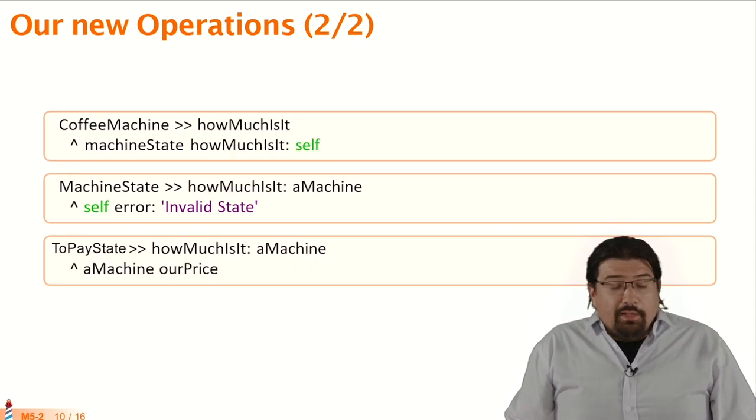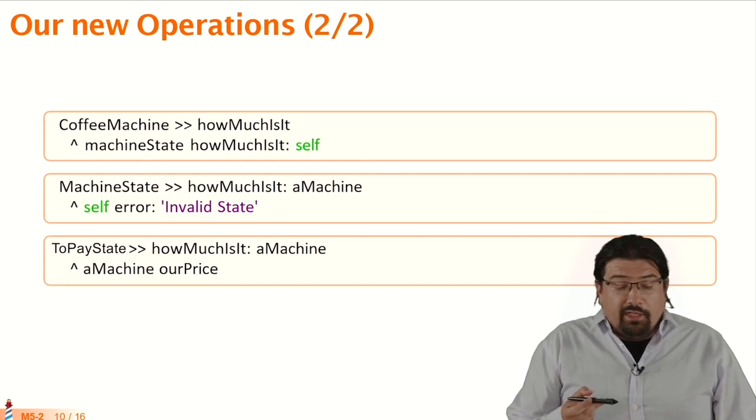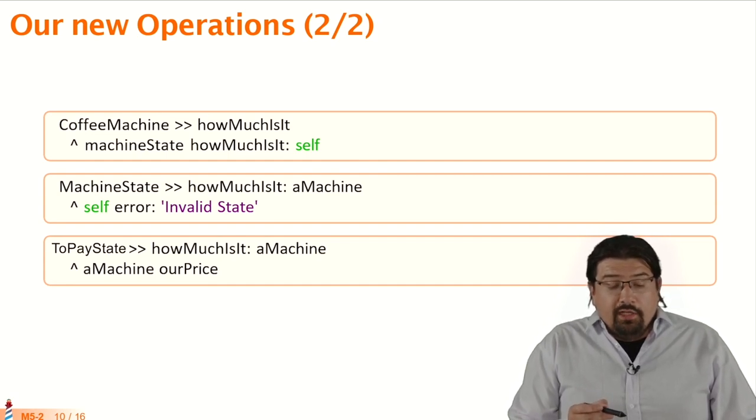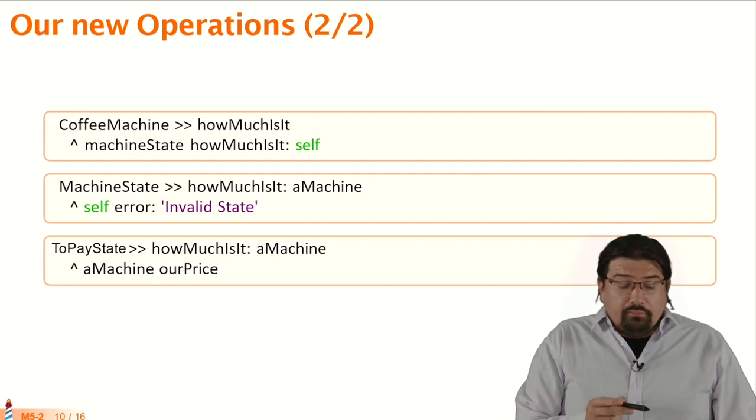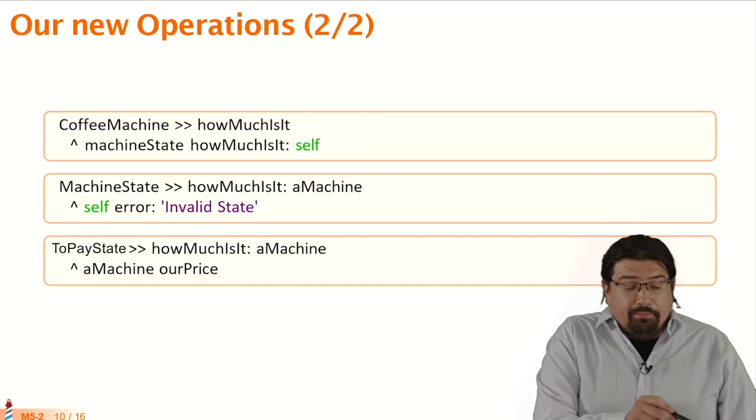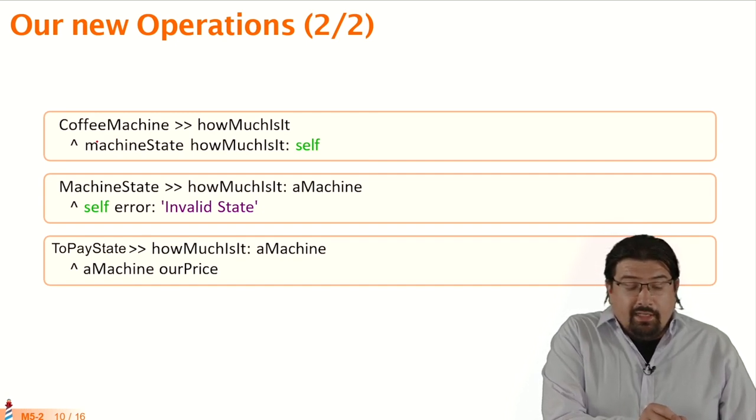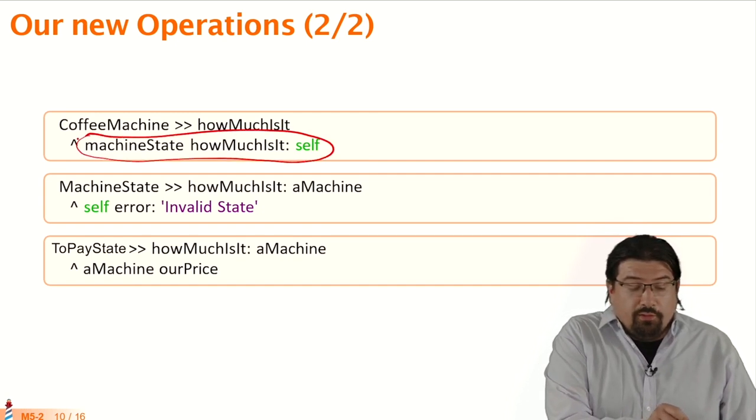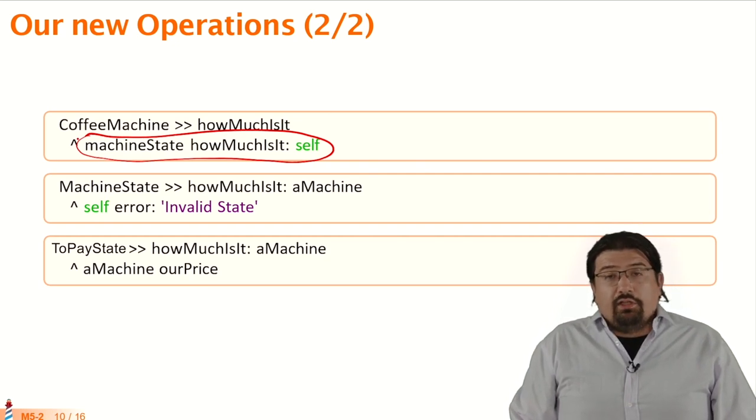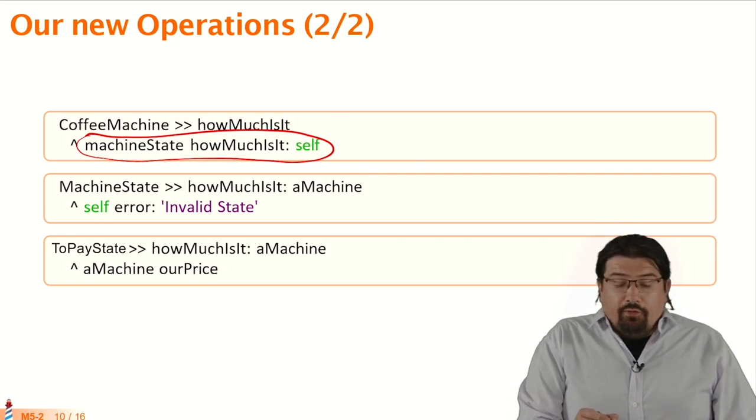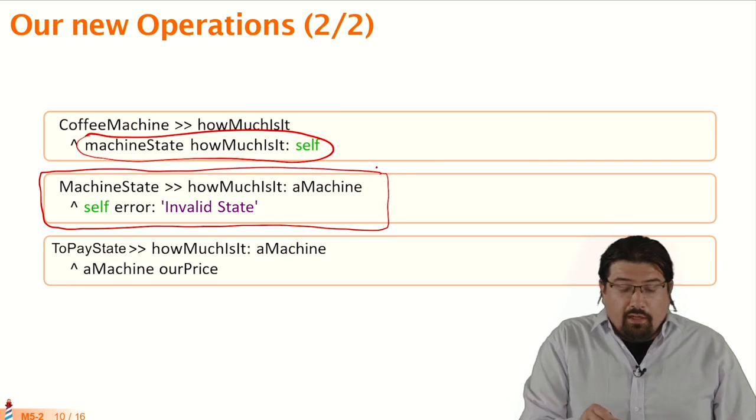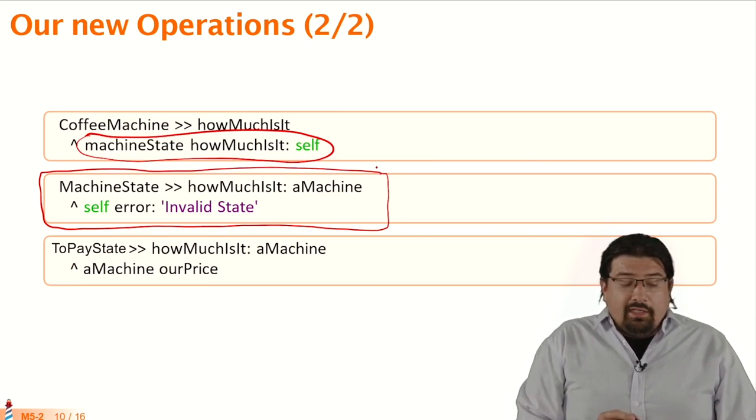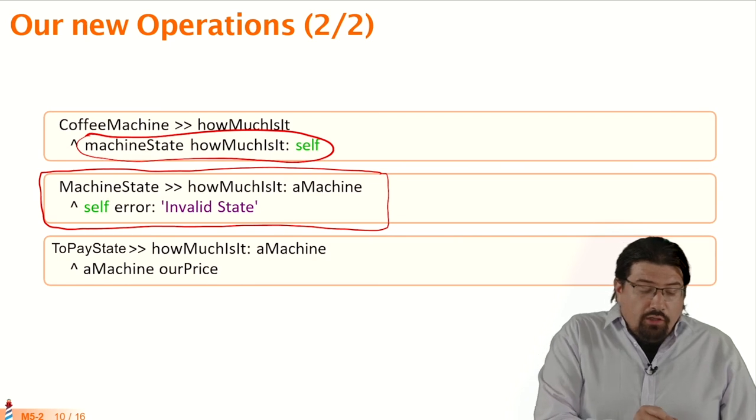We can see this pattern again in the other operation that we analyzed before, that is, how much is the coffee that we are asking, and we see that we have the same pattern. We delegate in the machine state to perform the operation, in this case just returning the price. We have for all the states an implementation that raises an error because it's our default implementation, but in the correct state we are going to return